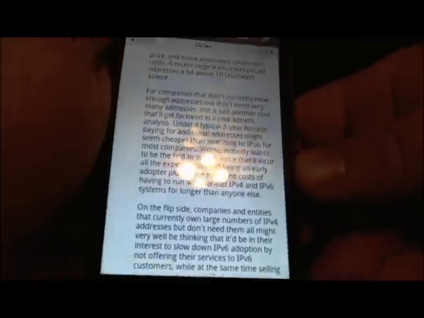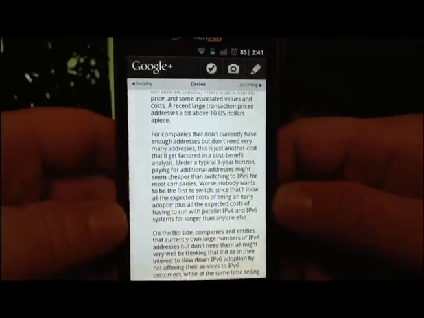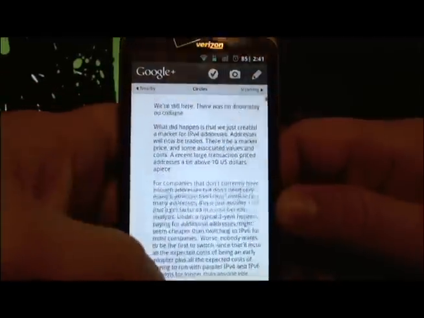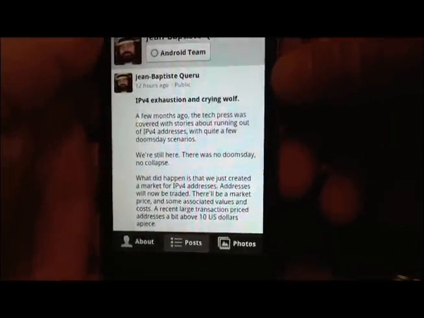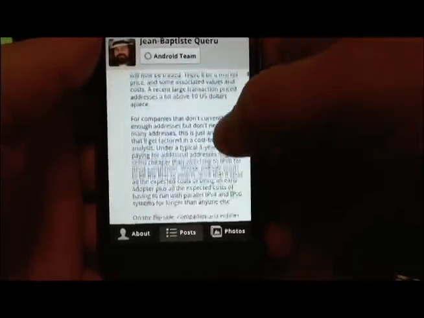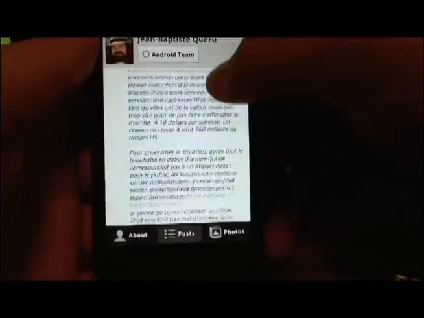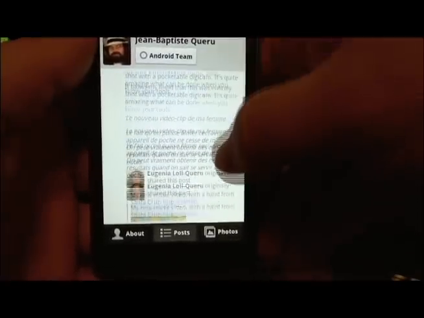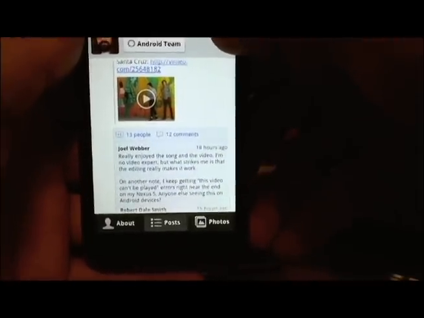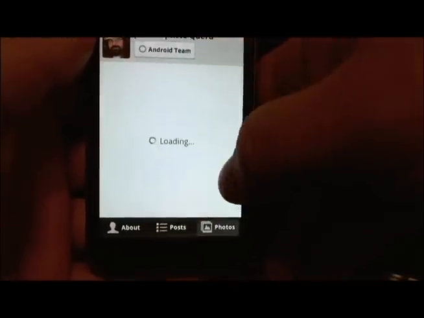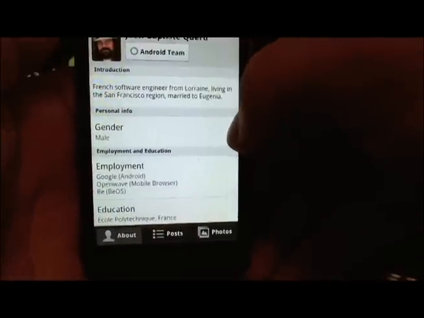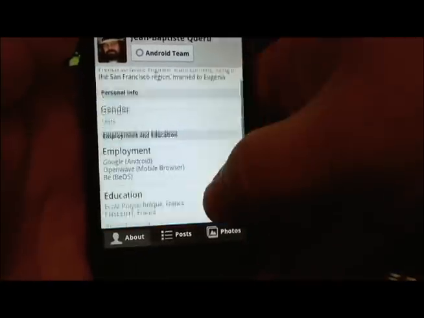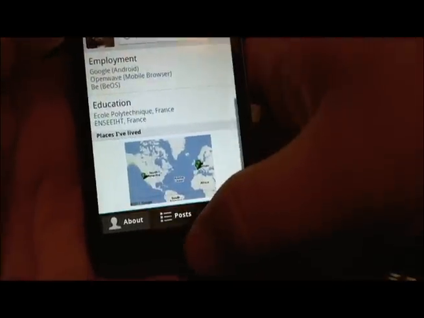And let's go ahead and go back and look at profiles on here. Click on this icon. This is a guy that's on the Android team with Google. So now we're looking at his profile, which will have various posts on it. You see there for posts, and then you can go to photos and you can see photos that he's uploaded. You can go to the about button and you can learn more about the person that you're stalking. Now let's go back to the